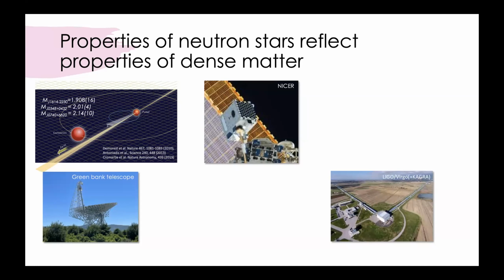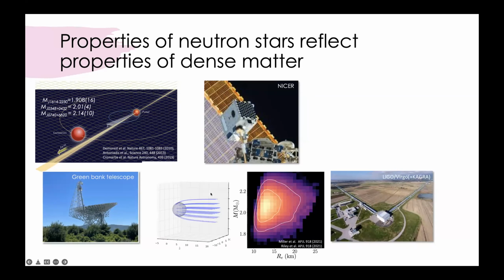Similarly, on the International Space Station, there is the NICER telescope, the Neutron star Interior Composition Explorer, that has very recently measured, or at least given lower bounds on, the radii of 2 solar mass neutron stars, using X-ray timing, where you look at a hotspot on a neutron star, and because the space is bent around the neutron star, that affects how much of the time you can see this hotspot radiating.